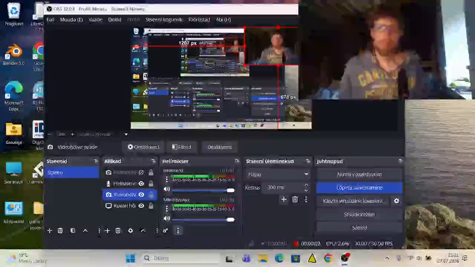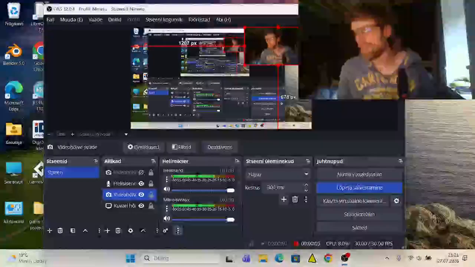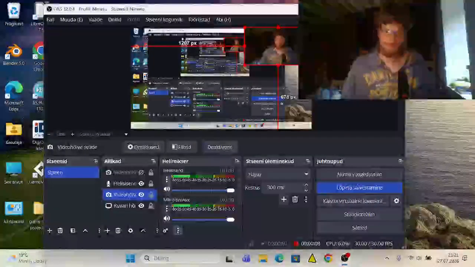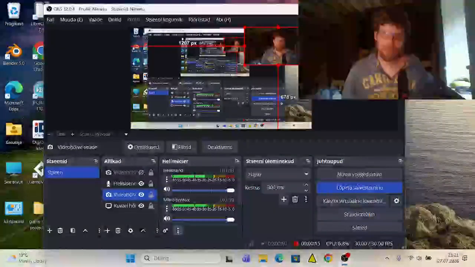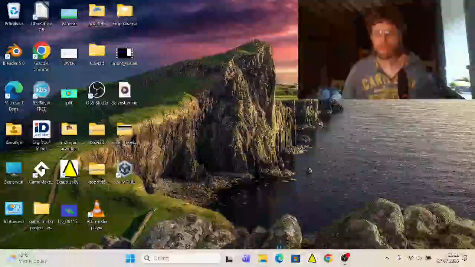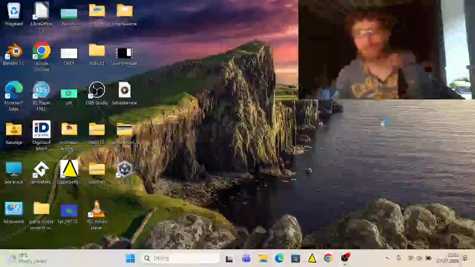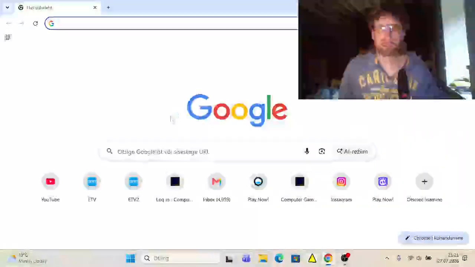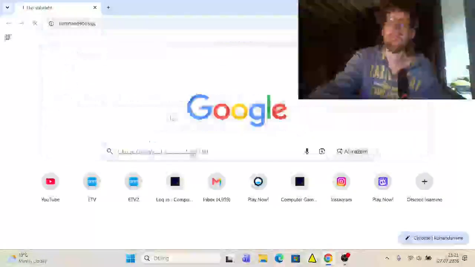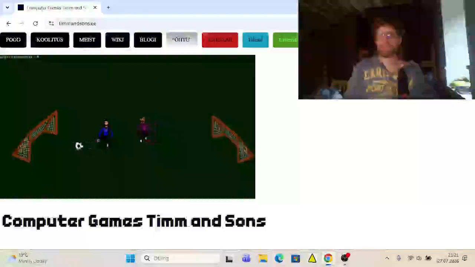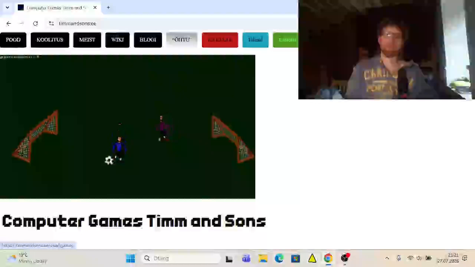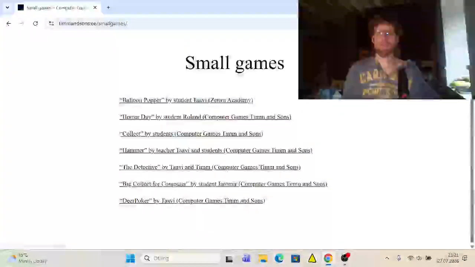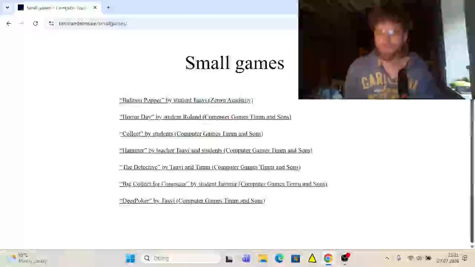So super excited. The kids really ask for these web games. So I gathered the web games that we built last year in the workshops, and I made these accessible on my homepage. So nowadays, if you go to my homepage, there's this button on the top right that says small games, and these small games I now gathered here, like these 7 games